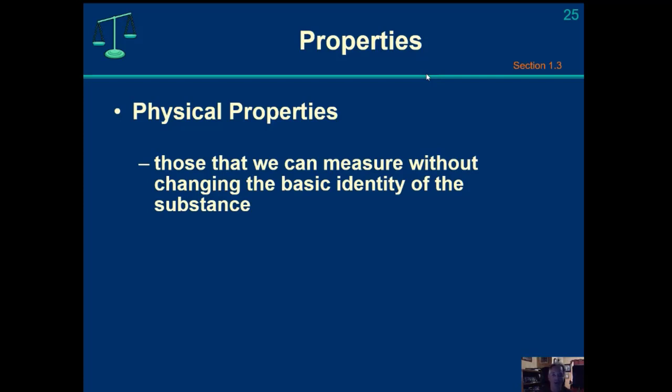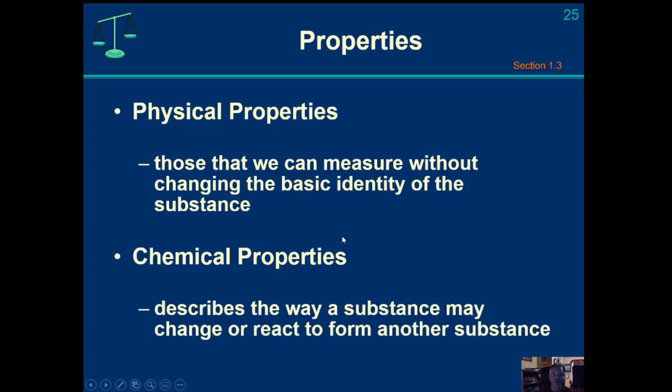And you could go in the other direction where you go from vaporized water and you condense it into liquid water, and then you can continue to extract heat from it, lower the temperature until you freeze it. Okay, so all phase changes are physical properties, those that you can measure without changing the chemical identity of the substance. Chemical properties, on the other hand, always change the substance from one thing into another.